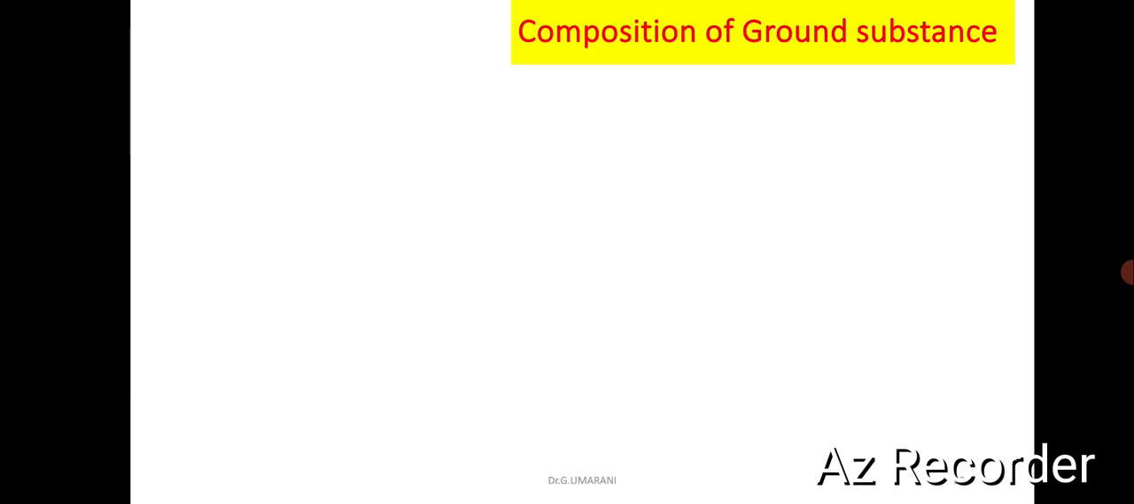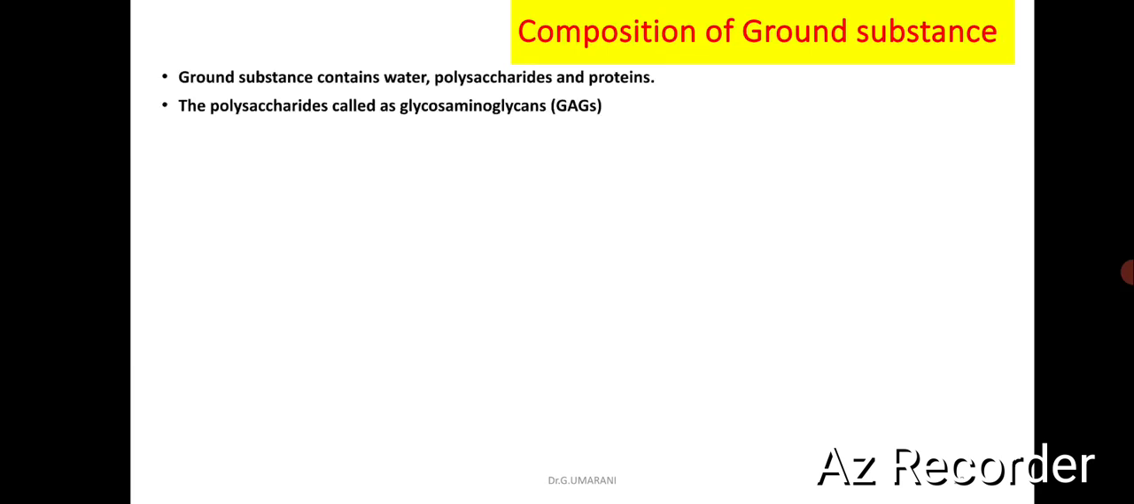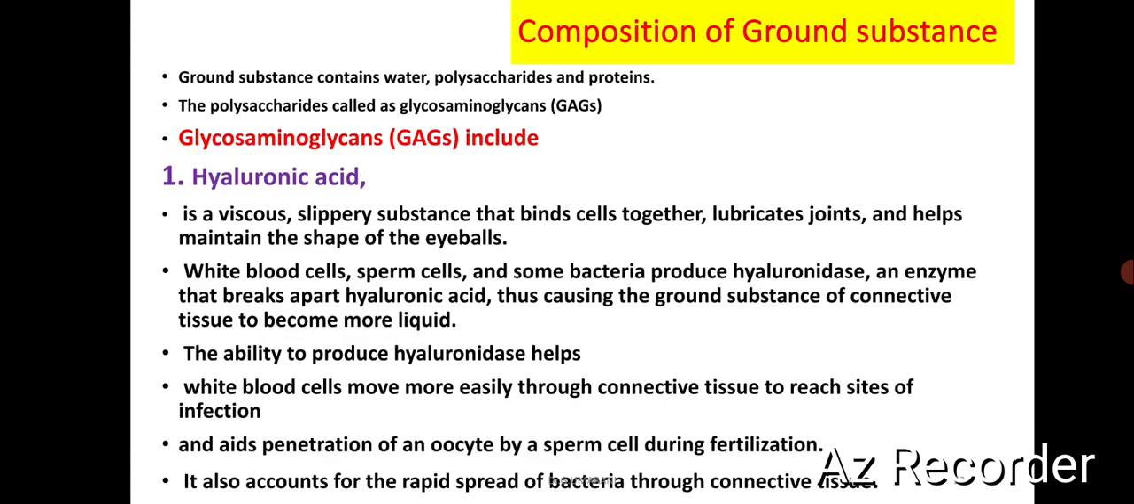So the composition of this ground substance: it contains water, polysaccharides and proteins. Polysaccharides of the connective tissue are called glycosaminoglycans. Glycosaminoglycans include, number one and important, hyaluronic acid. It is a viscous, slippery substance that binds cells together, lubricates the joints and helps maintain the shape of